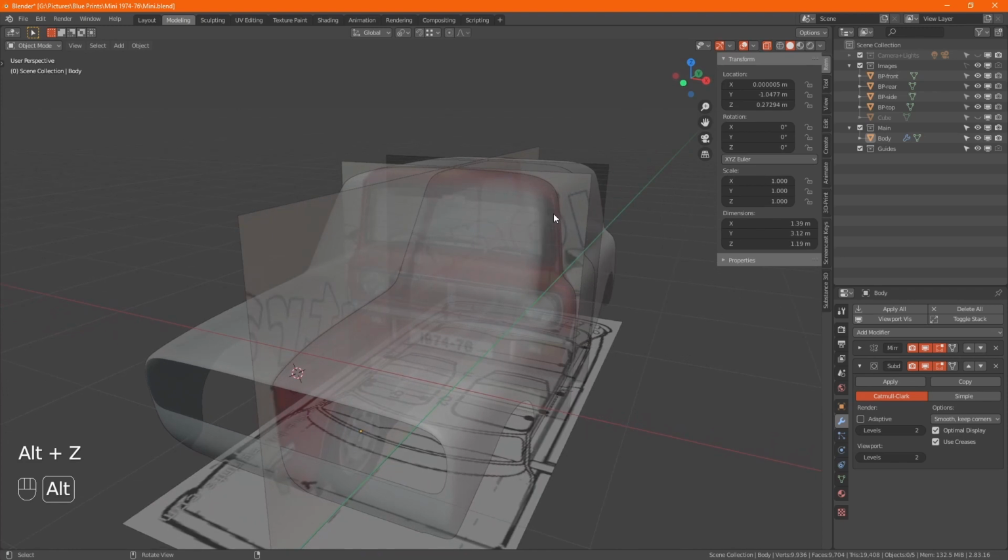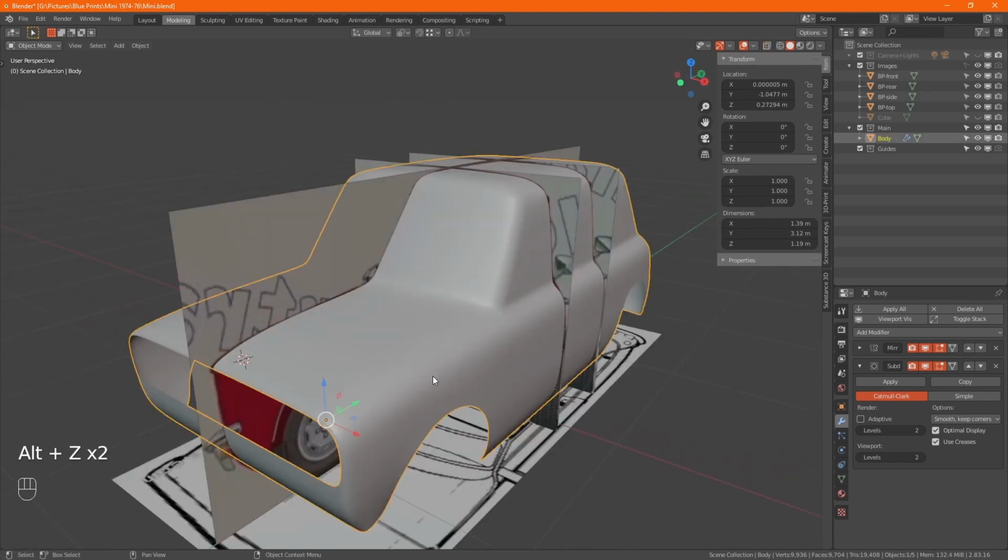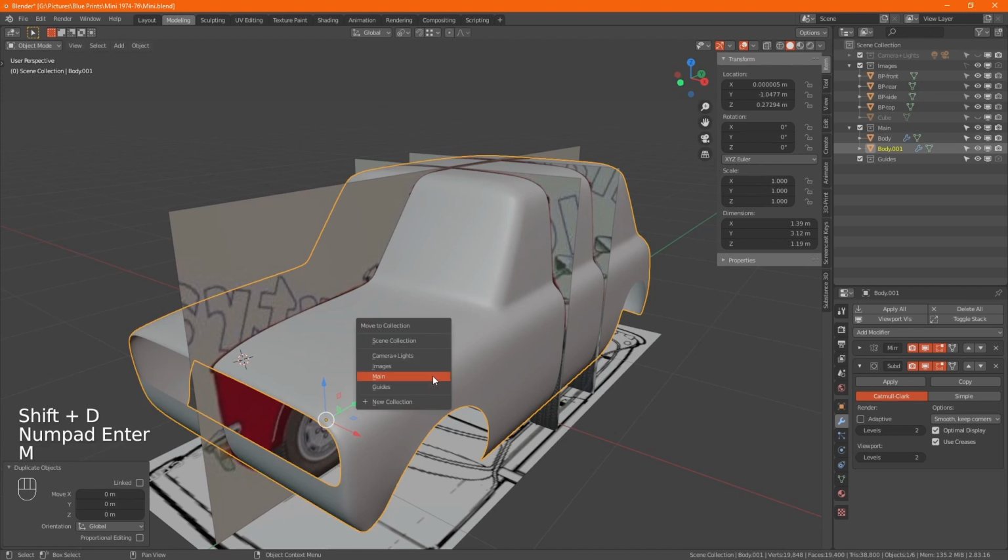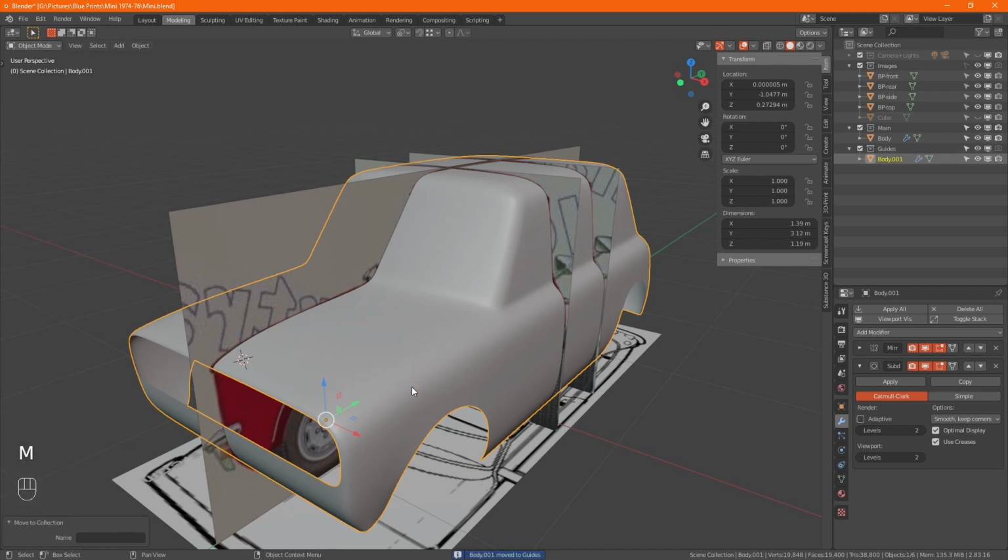No. Right, this time then. Shift D, duplicate. Move the copy to guides. Rename the guide.